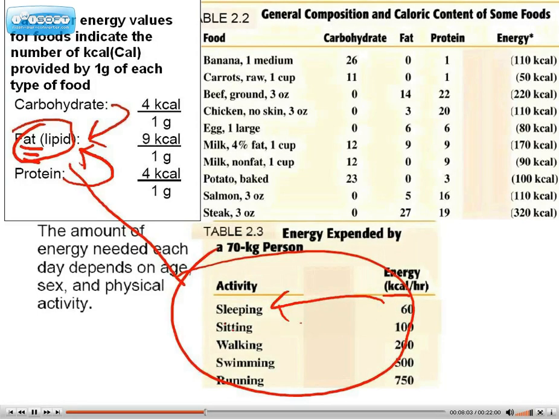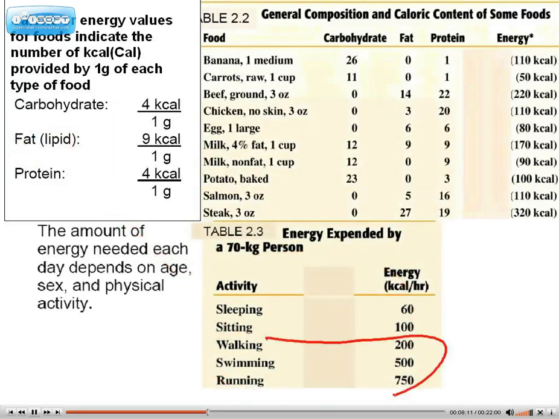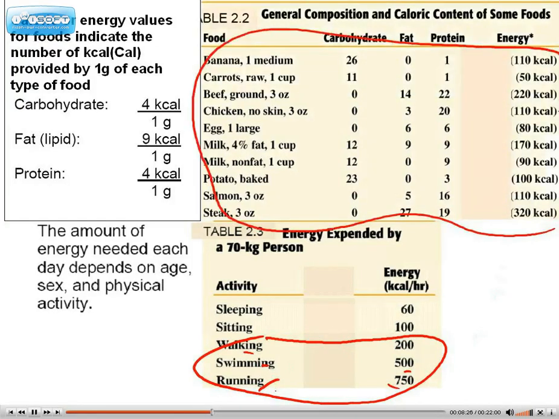But these are the rough calories it takes in order to perform actual physical work or exercise. So 200 kcal per hour for walking, 500 for swimming, and 750 for running. Now, if you do the math, you notice on average you have a lot more energy that you take in versus you expending, which is why we have so much fat on our bodies. So it's not you, it's the beauty of society and how little work we have to do versus the food that we are able to take in.